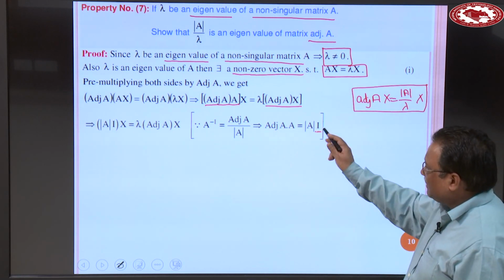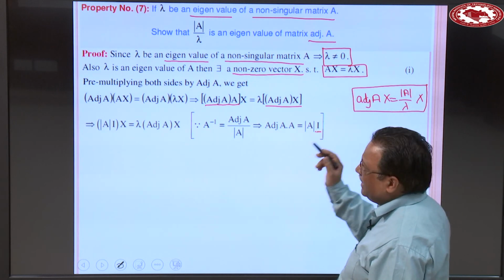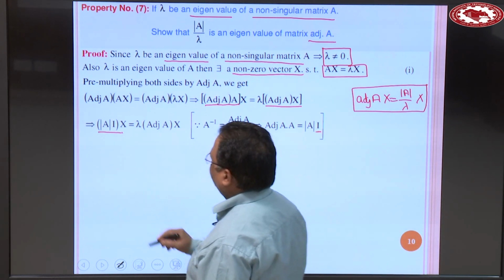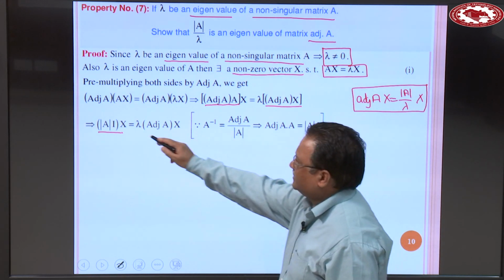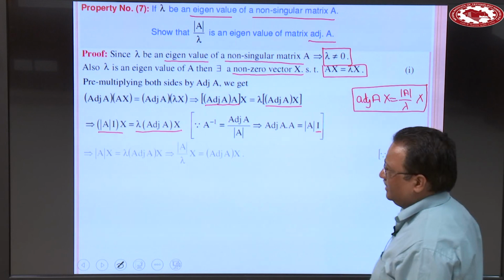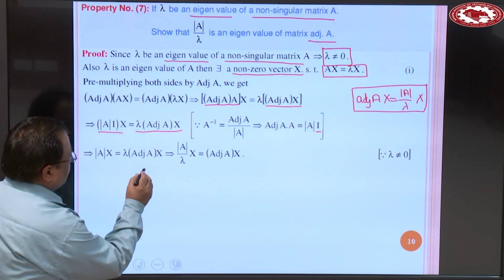So multiply this by I. So adjoint A A is equal to determinant A I. So this is determinant A I, and this right side is lambda adjoint A x. Lambda adjoint A x. So this means determinant A x is equal to lambda adjoint A x,